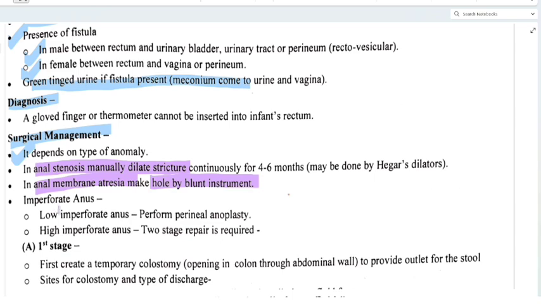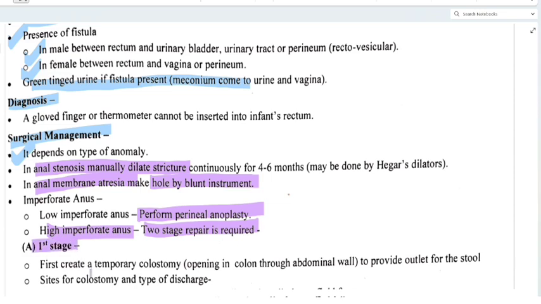Then imperforate anus में क्या कर रहा है? Low imperforate anus: perform perineal anoplasty. We are doing perineal anoplasty. Then high imperforate anus में क्या है? 2-stage repair is required. क्या करते हैं? फर्स्ट स्टेज में देखो,